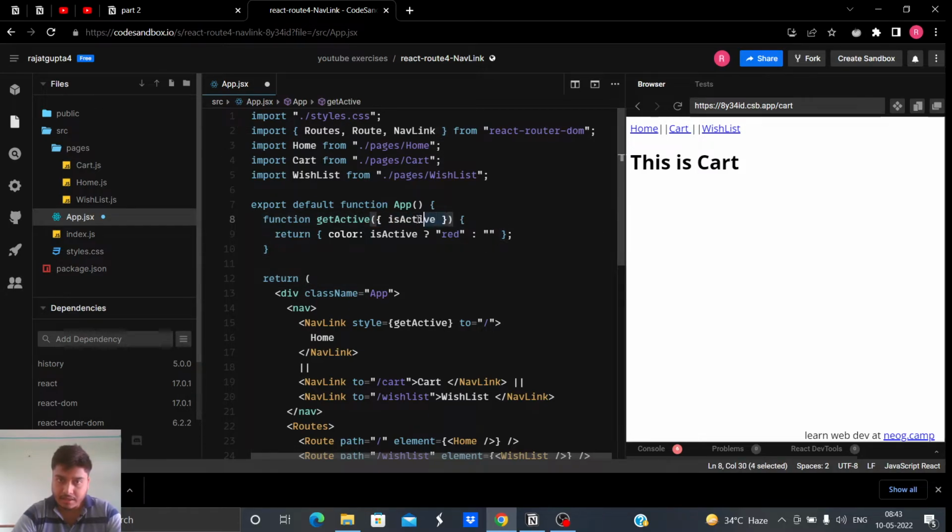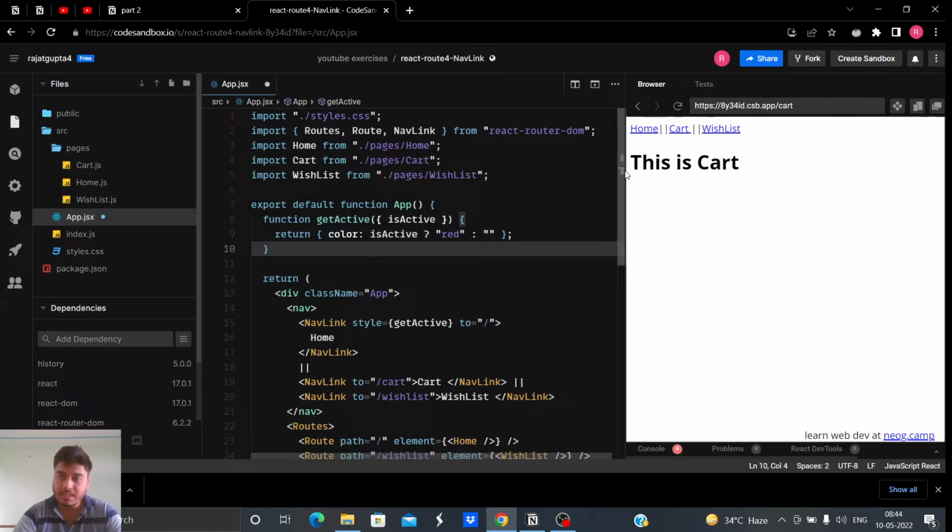You'll use it here with curly braces, because isActive is actually a key inside this object. So you have to get this argument as a parameter here like this only. Now we have to return an object, so we are returning an object here, there is no issue. Here we are using the color property, and isActive's value is boolean.